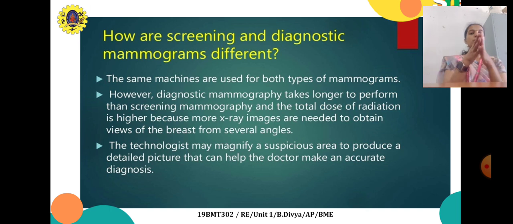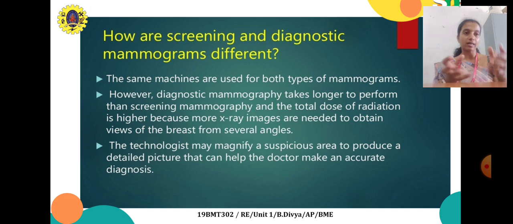Diagnostic mammogram takes much longer than the screening mammogram. Why? Because the radiation dosage is higher, because more X-ray images are needed to obtain the views of